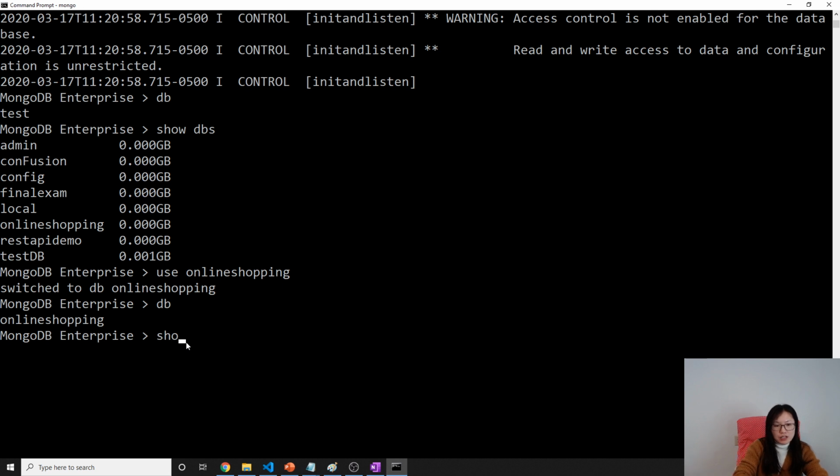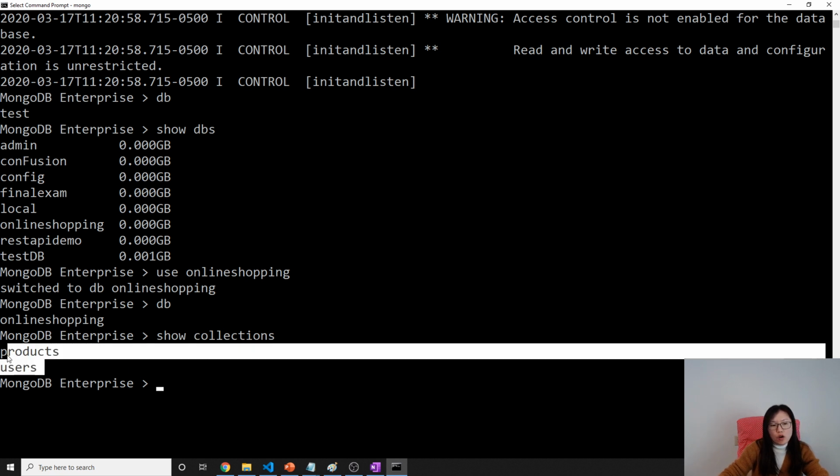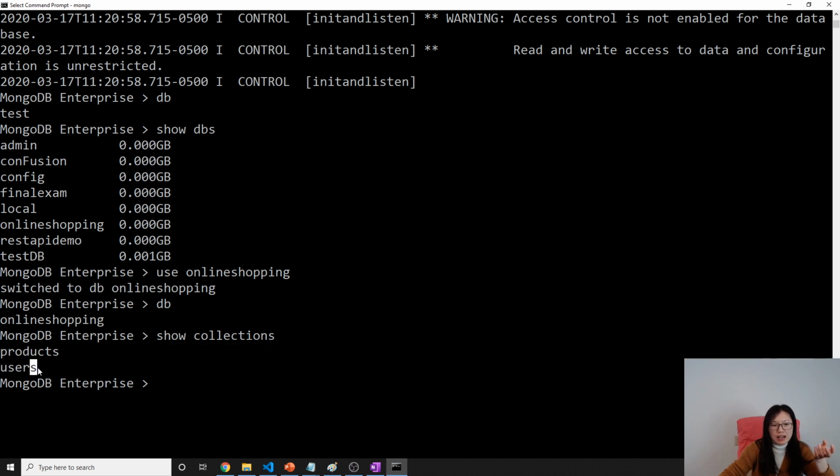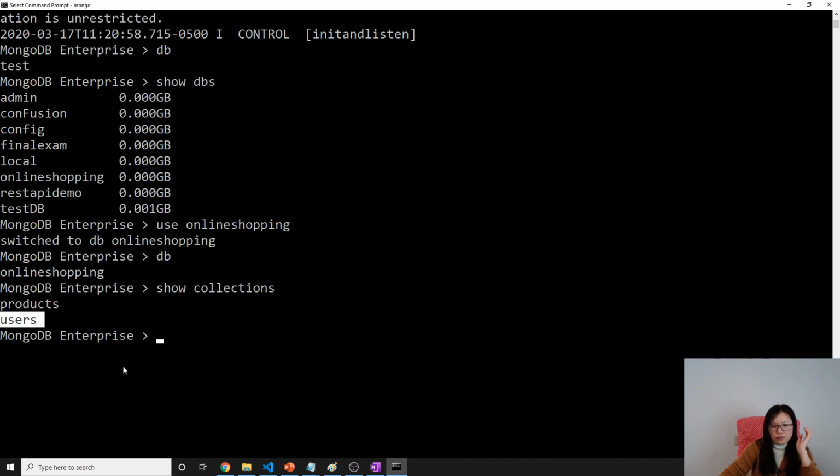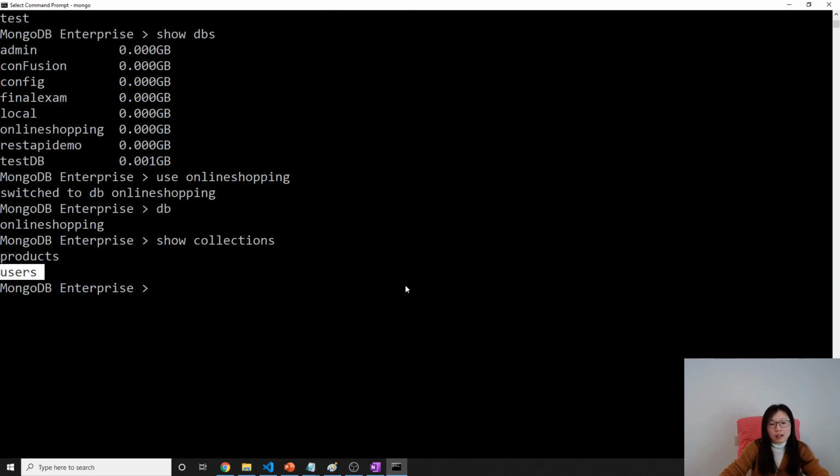And now you can use show collections. Okay, and show collections will show all the collections, like the tables in a SQL database, in the current database. The database is online shopping. Inside the online shopping database, we have two collections: products and users. Suppose I want to see what kind of values are in the products collection. What you do is